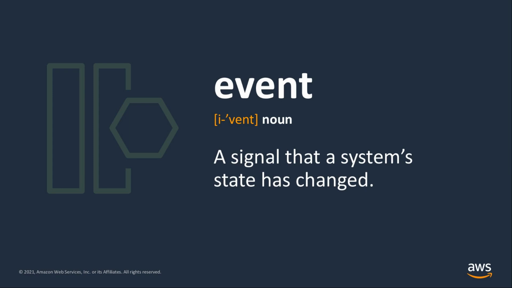And event representations are lightweight. So they include common properties across business domains, some kind of identifier that refers to some more detail at the source of truth. And we'll see concrete examples of this in just a bit, but right now we just want to level set with some terminology.